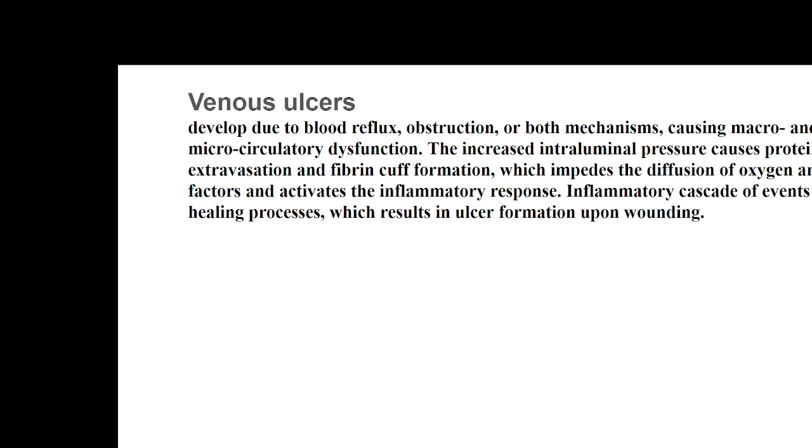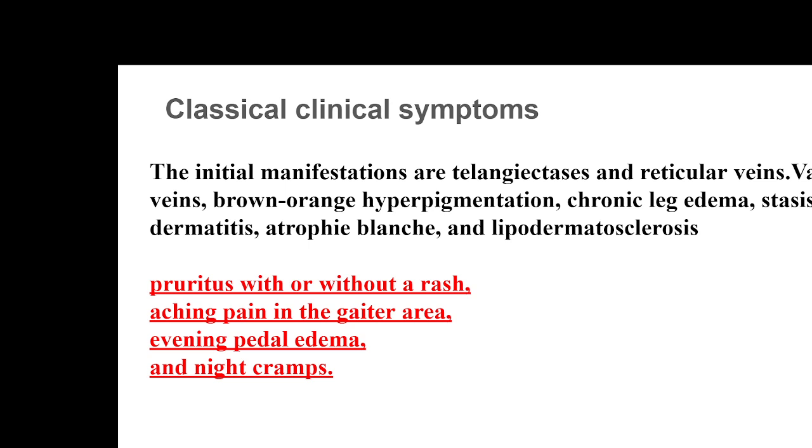The pathology of a venous ulcer is that because there is a stagnation of blood, the pressure in the capillaries is increased, which results in leakage of protein from the capillary circulation, and that also impairs the supply of oxygen and growth factors to the peripheral tissue. The supply of oxygen and growth factors will be lesser, which induces a local inflammatory response, and that inflammatory response continues step by step, resulting in a wound, and that wound will not have a proper healing process.